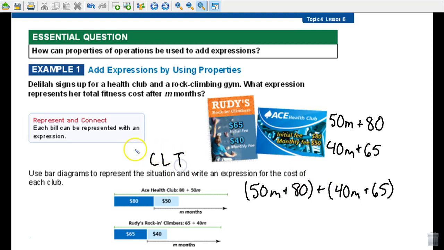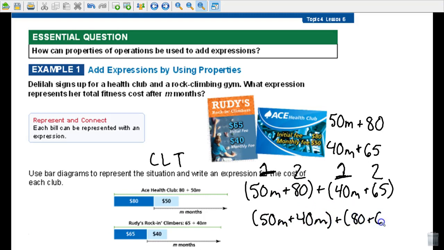CLT, combine like terms, okay? So I see an M to the first power, so this is going to be in my first pair of like terms, and then I see nope, nope, yup, another M to the first power. This is the second part of my first pair. That's why I put ones over them. That is my first pair. They go together. They're both ones. Okay? And now I see a number without a variable. That goes into my second pair. Another number without a variable. Second pair. Okay? So I go in parentheses 50M plus 40M because that's my first pair of like terms, plus